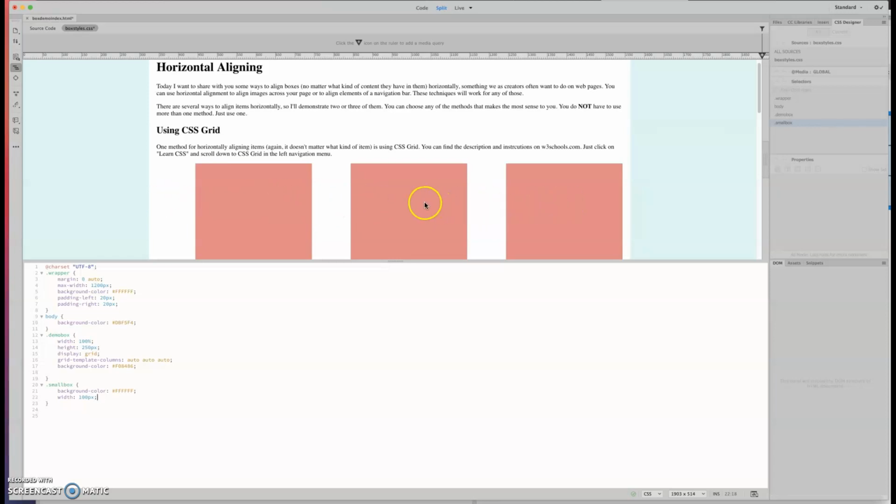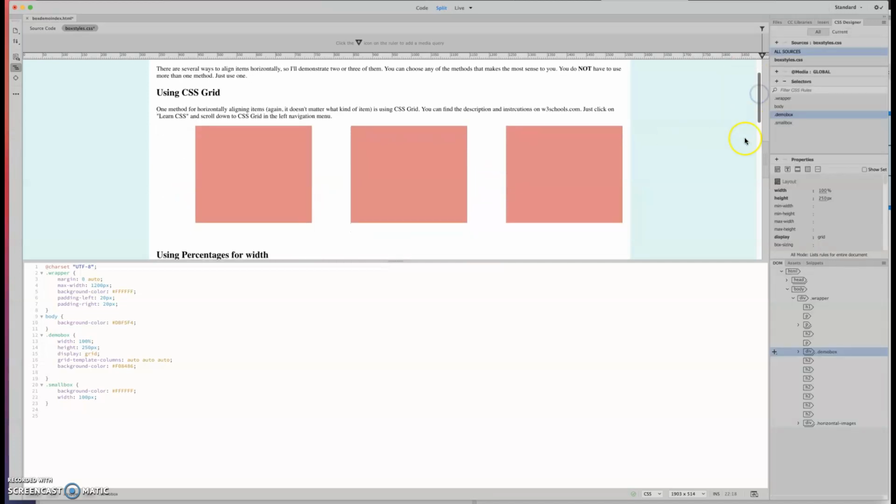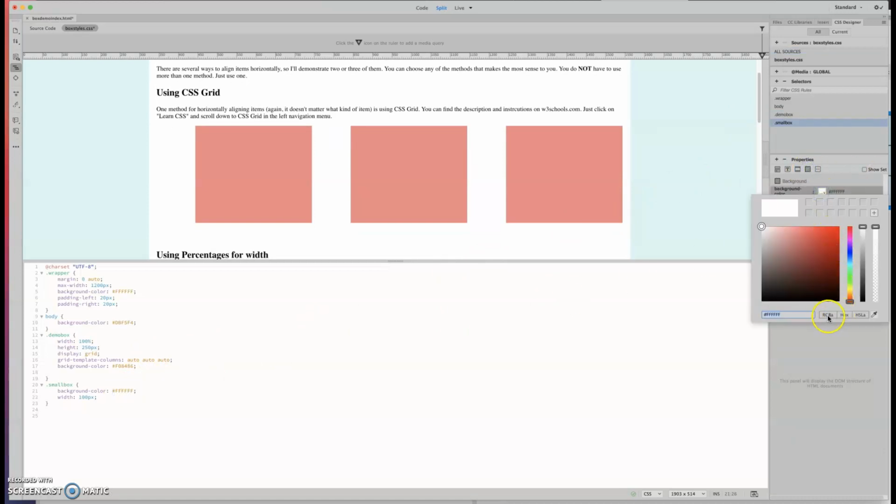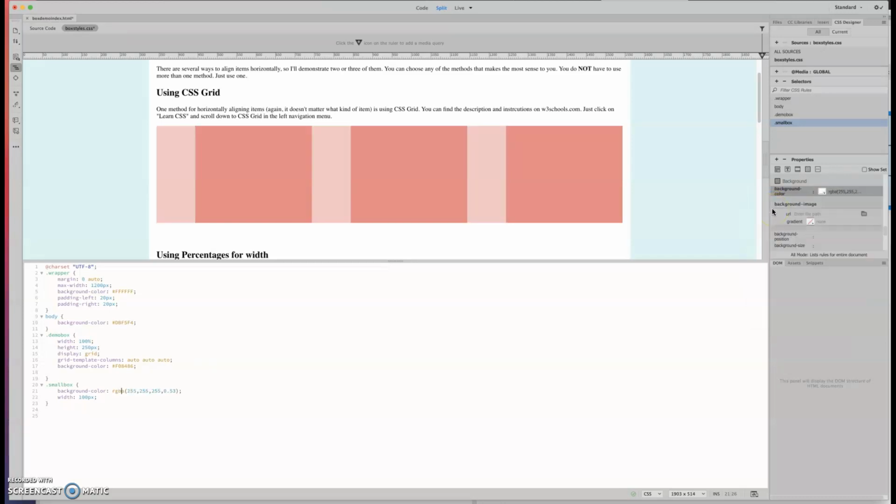It looks like we made pink boxes, but what I actually did was make 3 white boxes. Let me change the background color here so that you can actually see that a little bit better. I'm going to use an RGBA color, and that's this. And notice I can turn down that alpha channel, which makes it a screen. So now you see those are the 3 boxes that I actually created, and then the grid is the solid